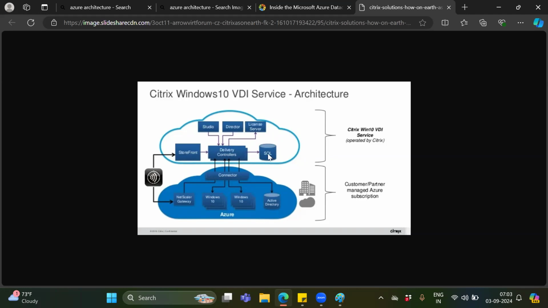Here you have SQL and storage, the front delivery controller. This is the architecture that the clouds create. For us, we don't need to understand all of it, but the architecture is important for how the blob and the services are installed.